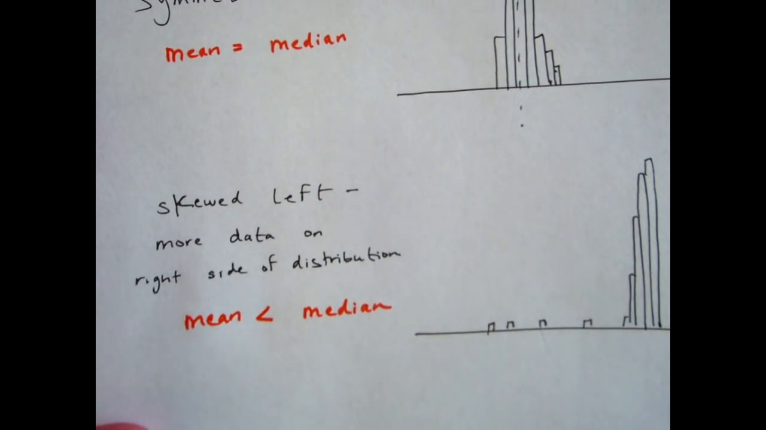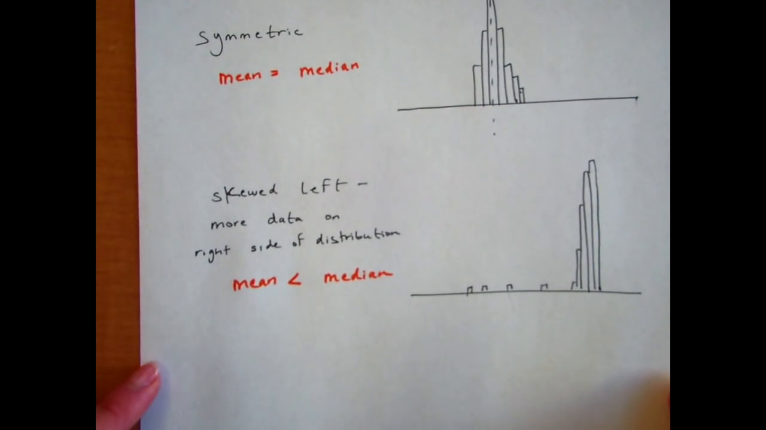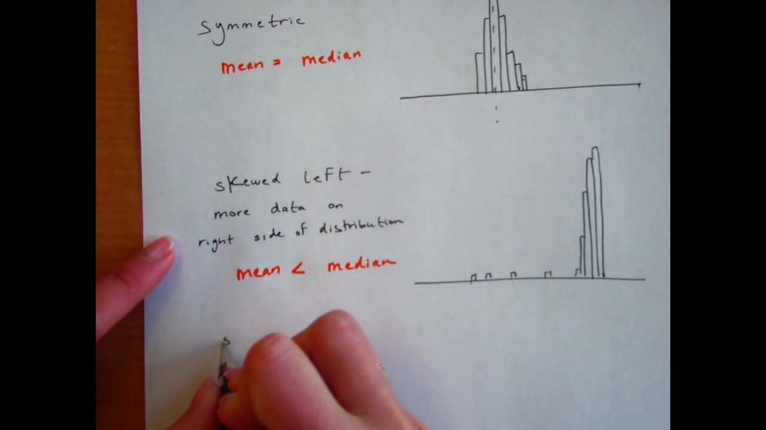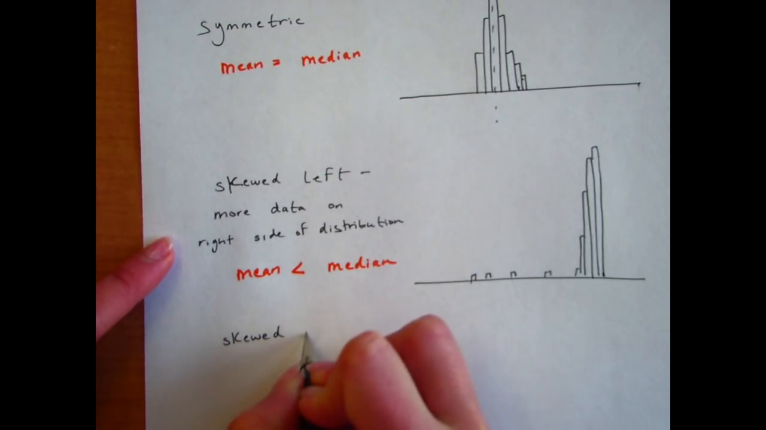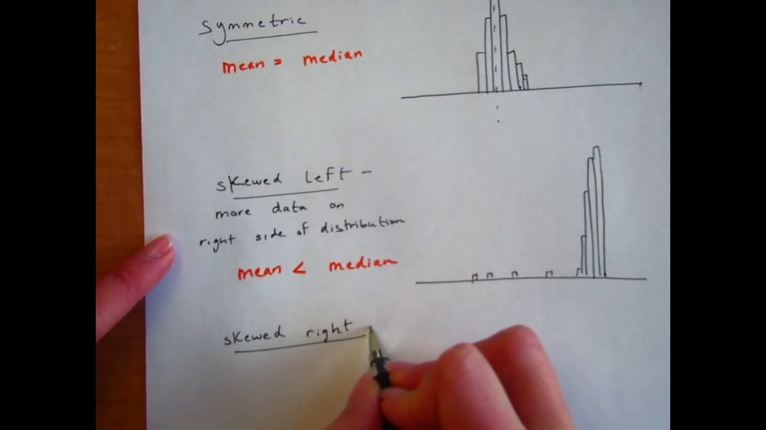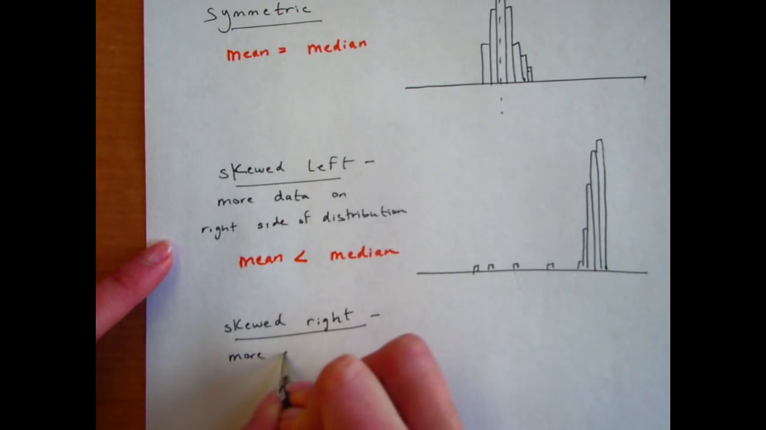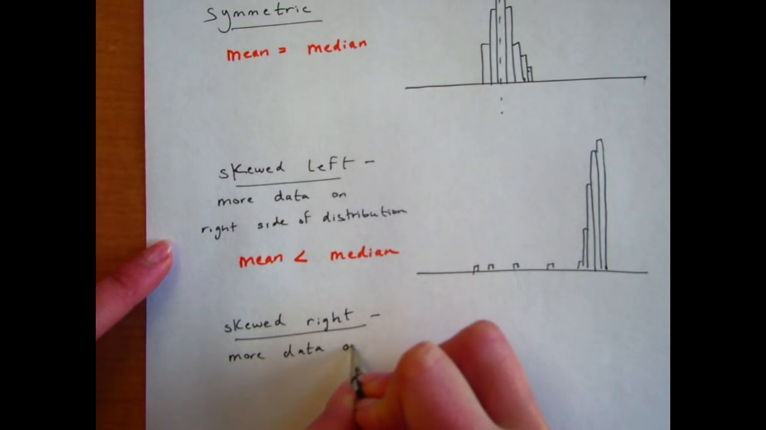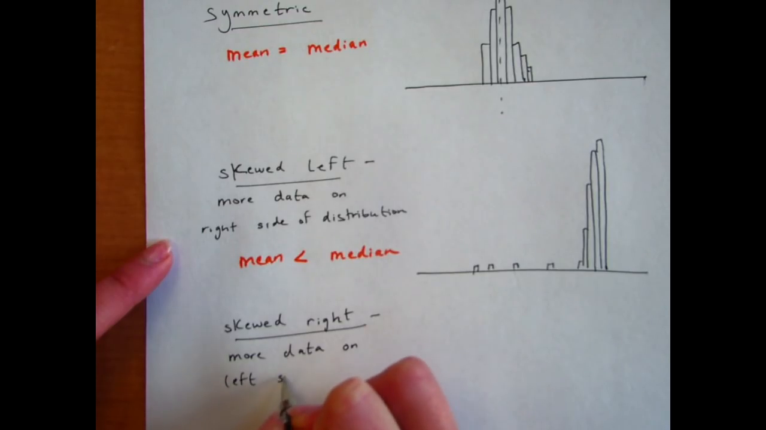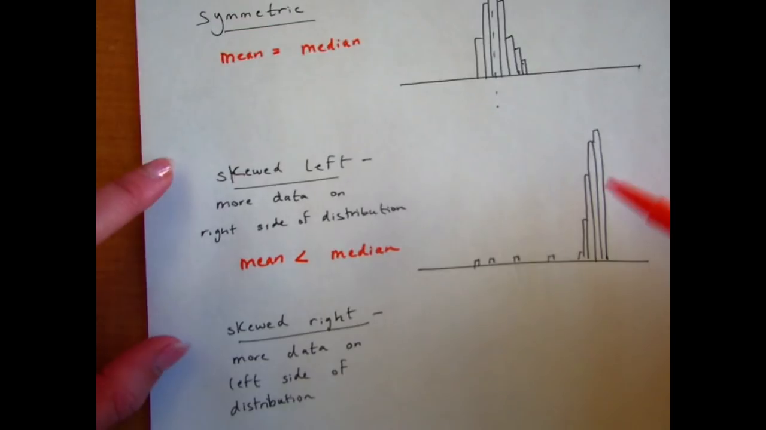All right, and then you might be able to guess the last shape, the last major shape is skewed right. And skewed right means that there is more data on the left side of the distribution. So I remember I always had trouble remembering this because it seemed counterintuitive to me. So one way to think of a skewed left distribution is that it